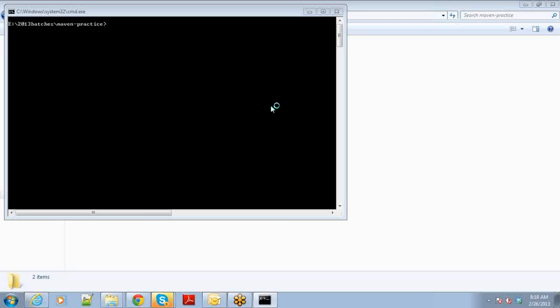Now that Maven is installed, let's understand the first thing that we will do with Maven configured in our system. What I do as the first thing is mvn archetype:generate. So what I am trying to do here is I want to generate a project structure for a standard